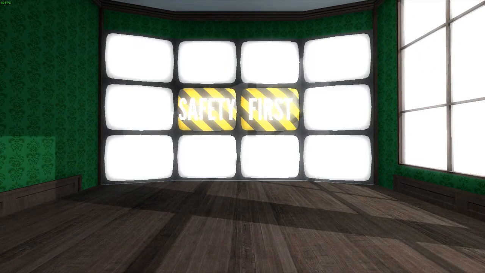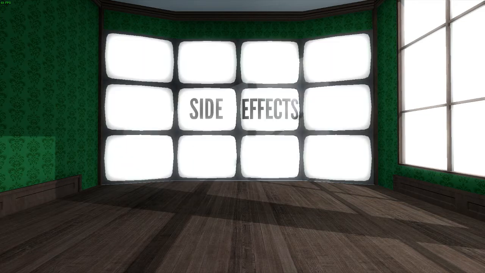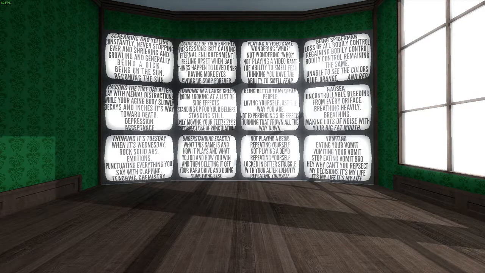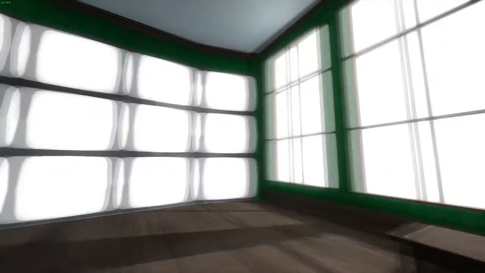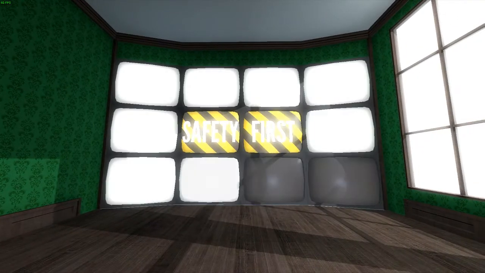However, it's still important that we address safety concerns. Please closely observe the following possible negative side effects of playing the Stanley Parable. If you agree to be held 100% responsible for any and all injury or long-term damage, mental, physical, or otherwise, that may occur while playing the demo, please do not press the large red glowing disagree button at this time. Nothing? No objections? You're quite sure about that? Oh, well, all right then.